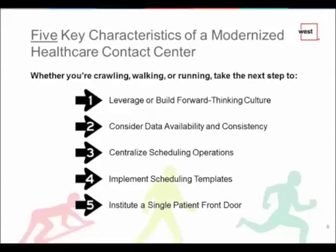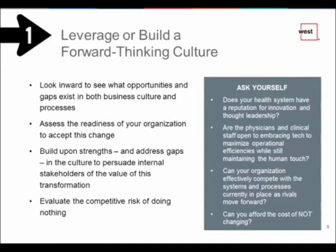So the first area is really the most important. I was at a conference recently for contact centers in healthcare, and one of the speakers mentioned that if they had to rate the most important element to get over as you're looking to modernize a contact center, it would be culture by 3 to 4 times any other consideration. And I would totally agree with that given my experience. So when you think about your culture, think about how prepared is your culture for change. Is your organization ready to make this change? What are the potential roadblocks to your success? Do you have executive support for what you're trying to accomplish? And are there key strategic initiatives and imperatives at the CEO or C-level to help support what you're trying to